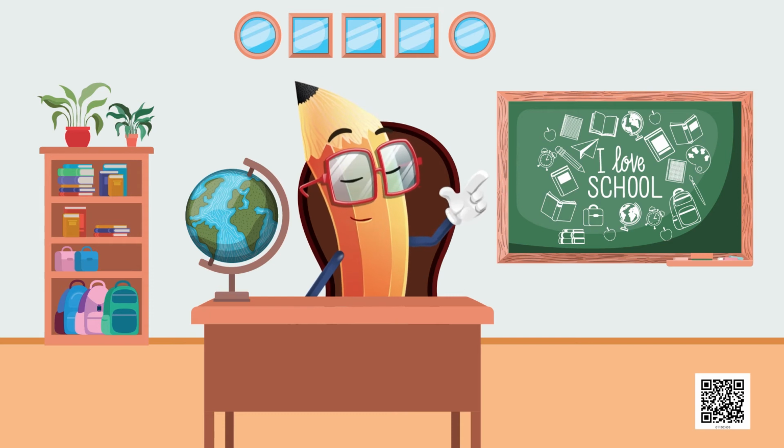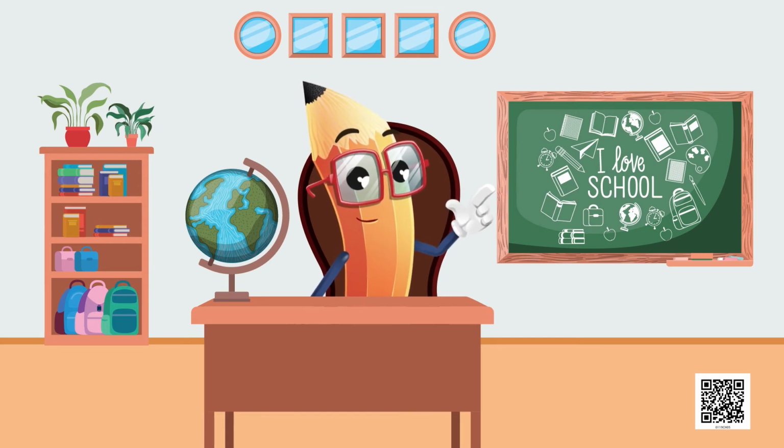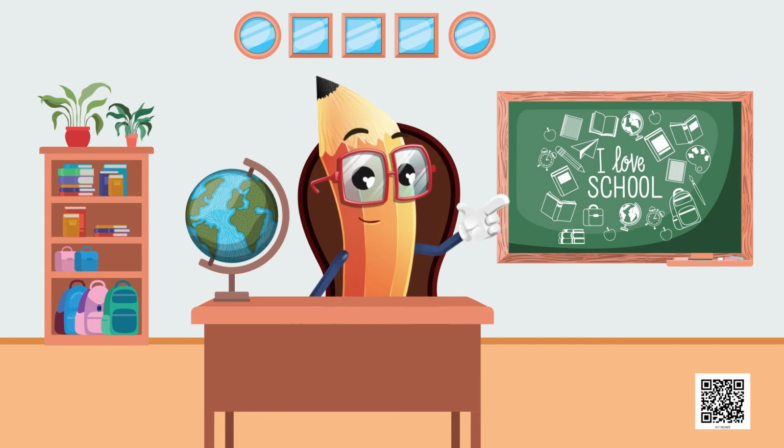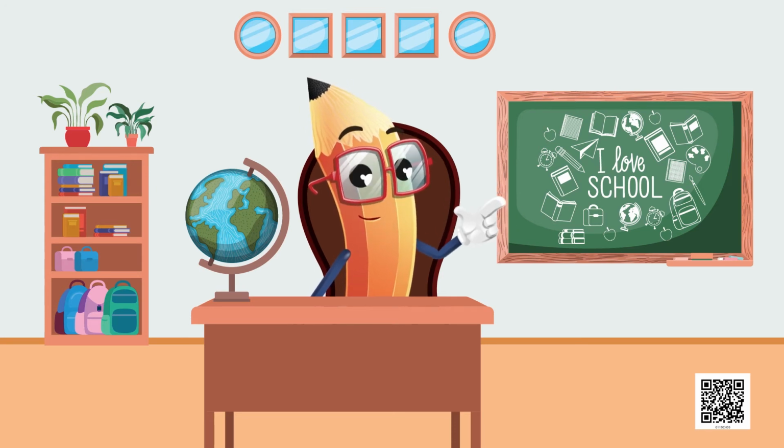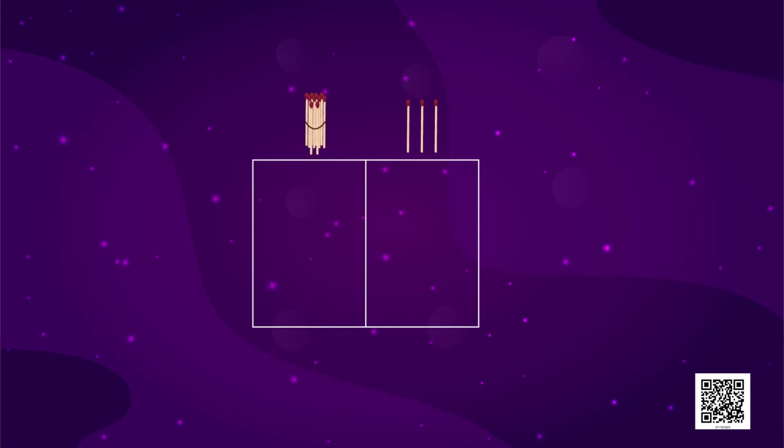Children, did you notice? If we count the tens and ones and write it one after the other, then we get the same number. Let's do it. See, here there are 2 boxes. What is there on the right hand side box? 1 matchstick. And what is there on the left hand side box? A bundle of 10 sticks, that is tens. So ones and tens. So we will count ones and we will write them below ones and tens below tens. And then we will see what number they make.